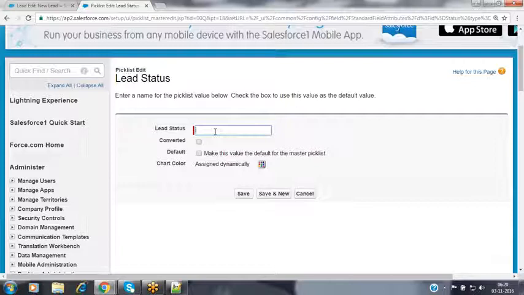Observe the difference here. Just now we added some more values inside the product interest field. There it provided a text area where I entered all the values in a single attempt. But now, whenever I try to add more values inside the lead status pick list, it is asking me to provide them one by one. Why? Because this is a graphical user interface by which we can insert only one record at a time. These are not stored inside the field, they are stored inside an object called the lead status object. By using the page layout, we can insert only one record at a time,